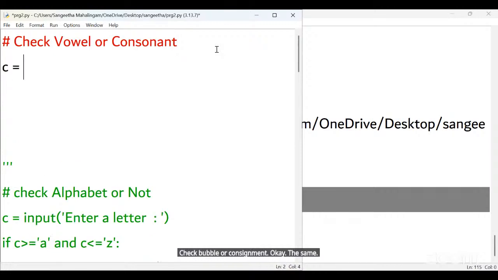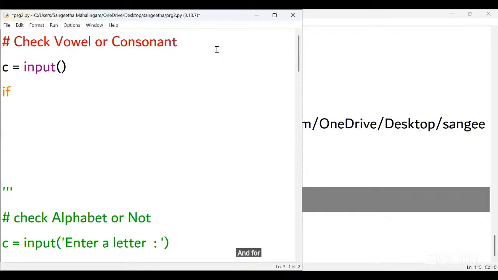Get the input for C, and put the condition if C equal to... When you say it is a vowel, for A, E, I, O, U, you will say all these characters as vowel. So you need to give here